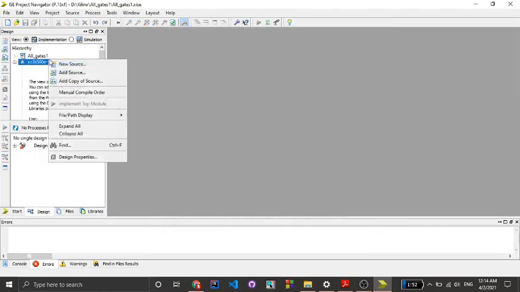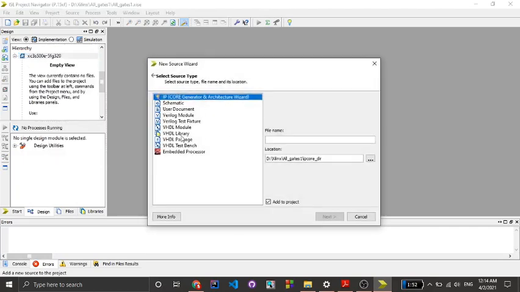So now click on this new source, click on this VHDL module, write all gates.